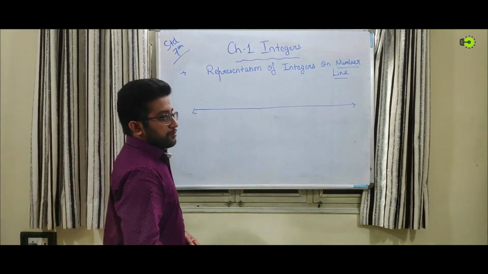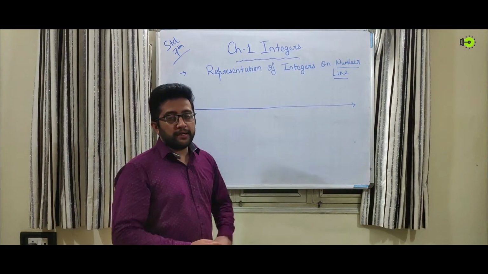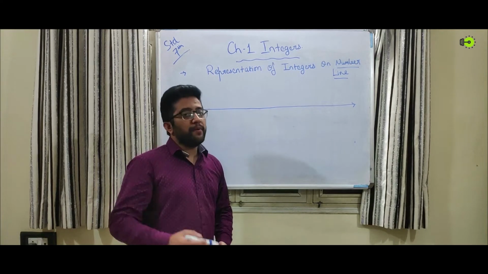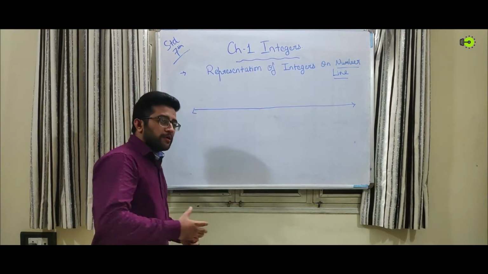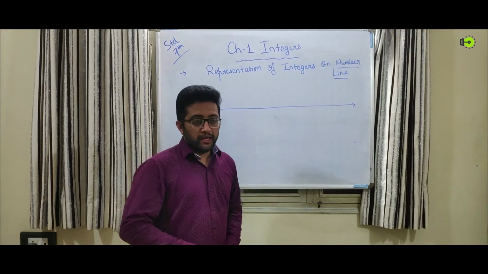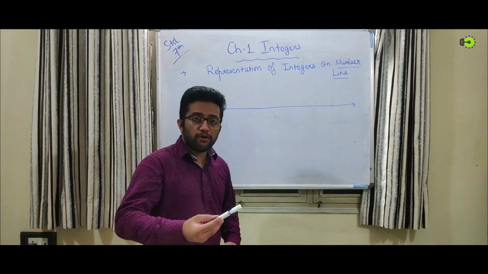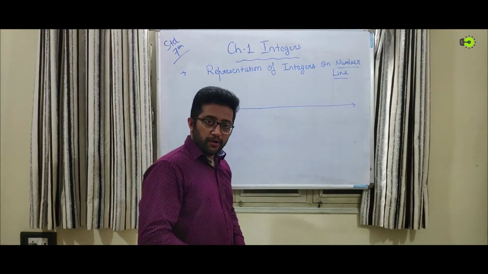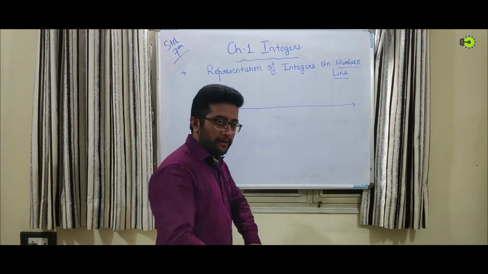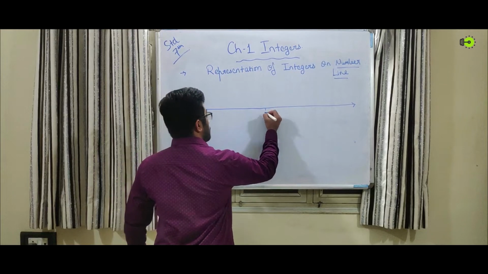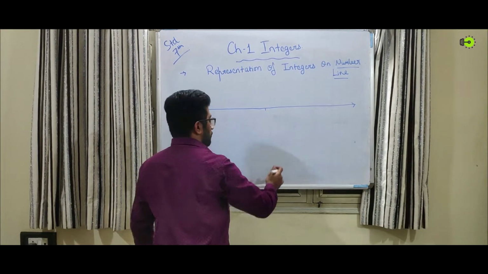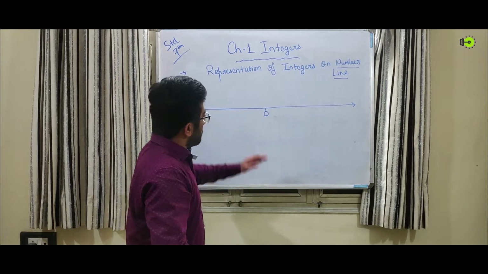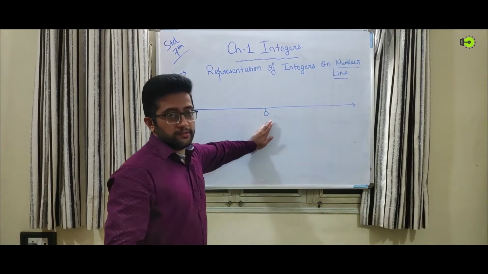Now, another concept regarding integers is the representation of integers on a number line. What do you mean by number line? A number line is nothing but a way of showing integers. It's a way of describing integers. We just have to draw a straight horizontal line, which is known as the number line, and start with the neutral number in the middlemost part of the number line and give it the name 0. So the middlemost number of your number line will be 0.